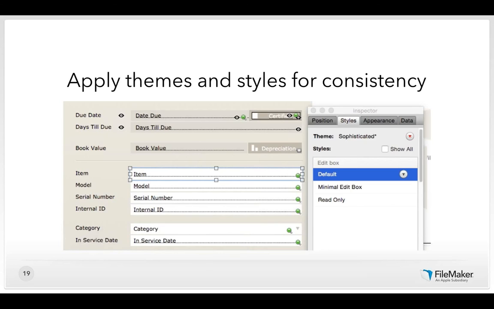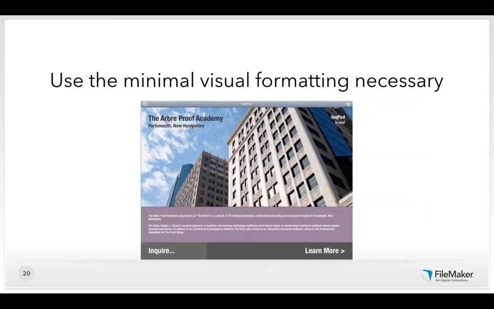And as you make decisions, as you format a particular element in one way, for example, a string of text or a label, every time you use a similar element in a similar way, go ahead and use the style that you already created so that you're developing a style guide as you make decisions. Now, as I mentioned before, earlier in the life of people using computers, it was necessary to use